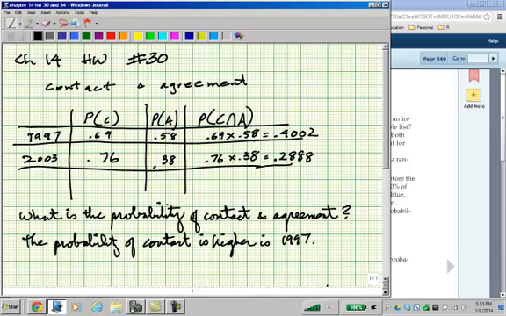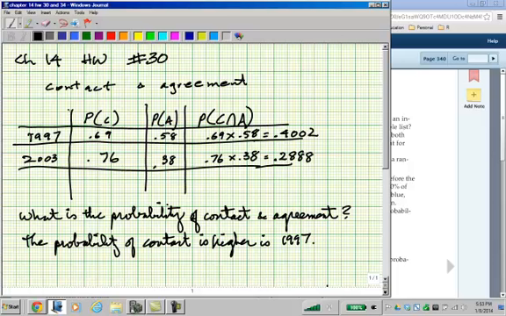Now, we want to know the probability that you've contacted them and they've agreed to be interviewed. So that's the probability of C and A, probability of contact and agreement. That's what this set of symbols here means. P parenthesis C, and then this is the symbol for "and", A. Okay, so that would be, since it's "and", now